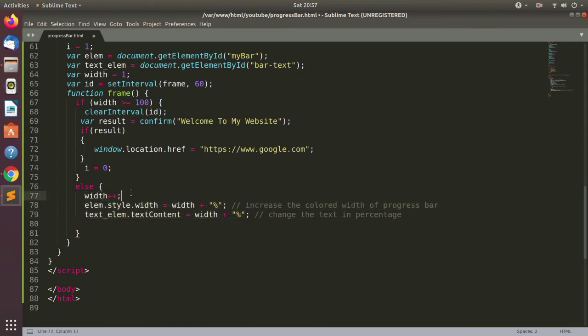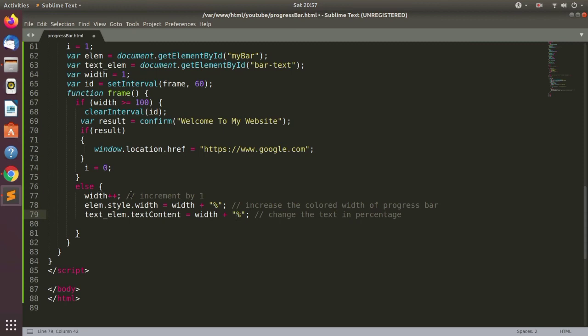The increment is 1 by 1. This part is shown styling the width according to the time, on a 60 millisecond interval.